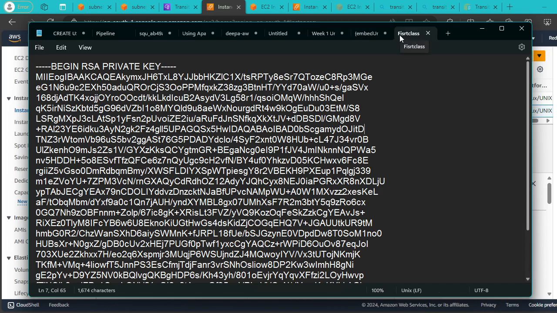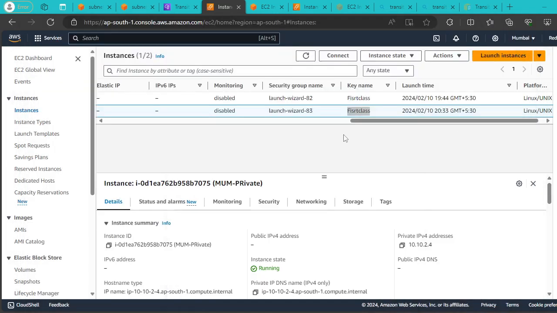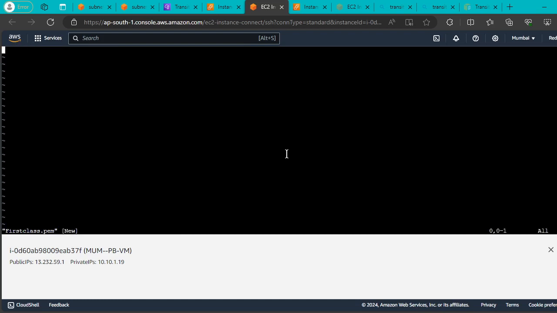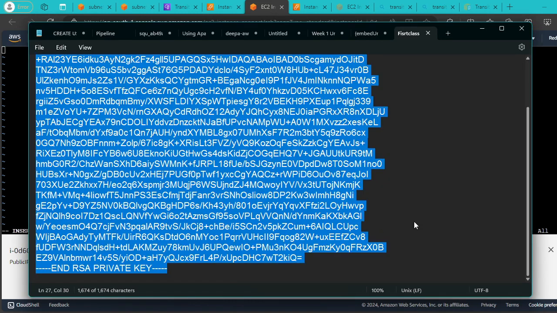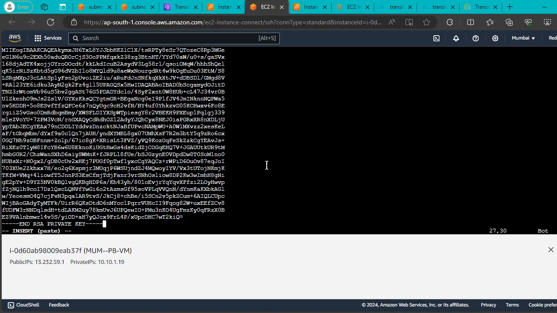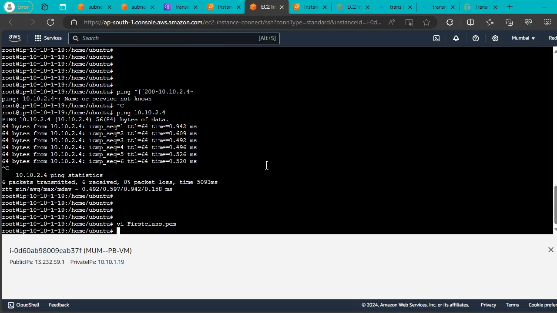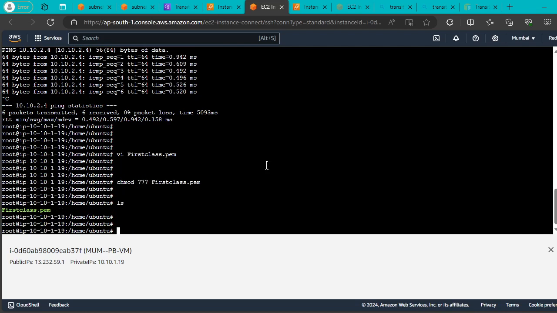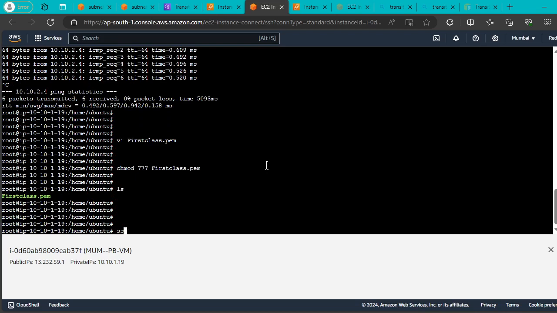The first one is capital F. I'm going to create that file, first class dot pem. Here I need to copy and paste. Control A, Control C, come here, right click and paste. Escape, shift colon wq. Okay, we need to provide some permissions. That's it. And now ssh -i first class